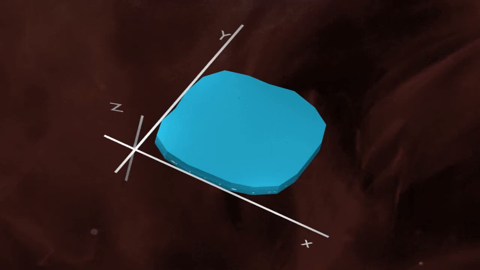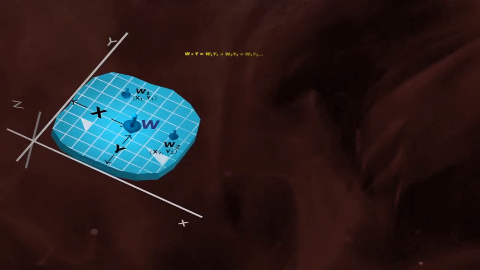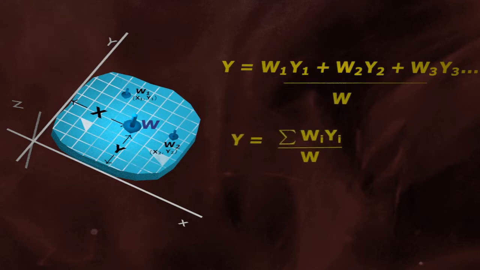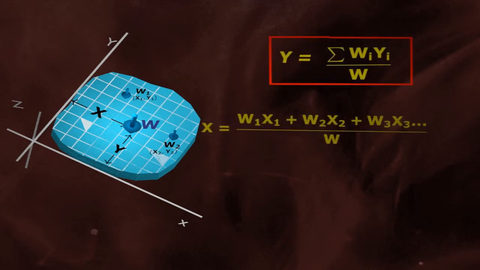Let's say we divide any area into small sections. The weight in each section is W1, W2 and so on, and the coordinates of the same are x1, y1, x2, y2, etc. The total weight is W, which is acting at the center of gravity at coordinates say x, y. Now take moment about the x-axis. We get the coordinate in the y direction. Similarly, take moment about the y-axis. We get the x coordinate.